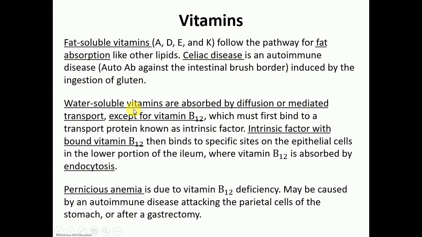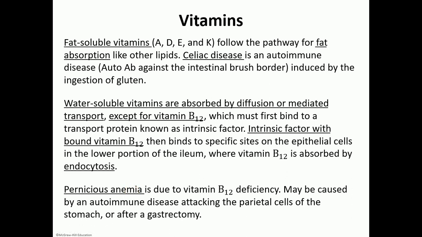Okay. Water-soluble vitamins, those are absorbed by diffusion, except for vitamin B12. So remember we mentioned vitamin B12, where we said we need intrinsic factor, and intrinsic factor is made by the gastric mucosa. Okay? In the absence of intrinsic factor, the body is unable to absorb vitamin B12, and we named that condition pernicious anemia, which is also